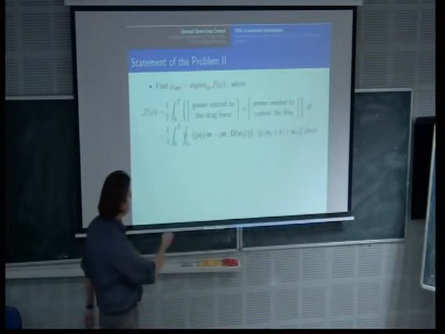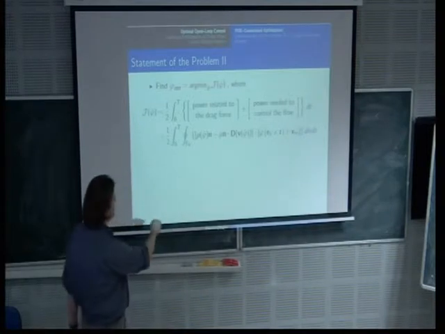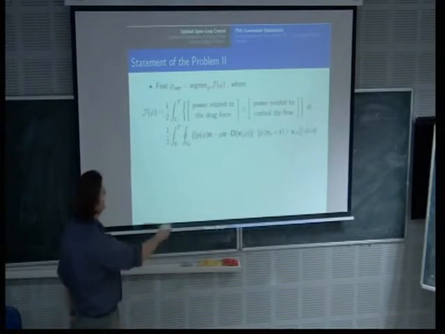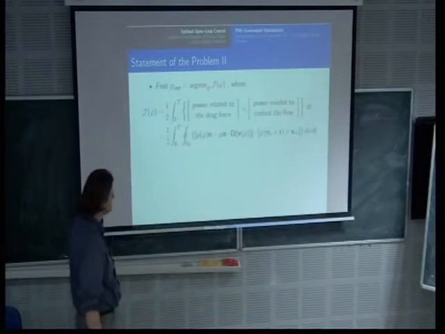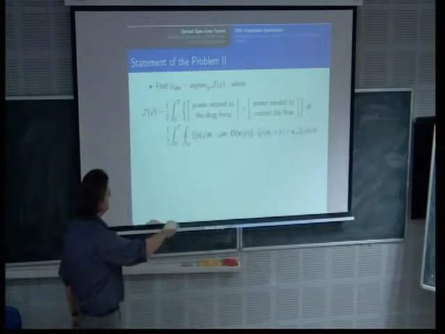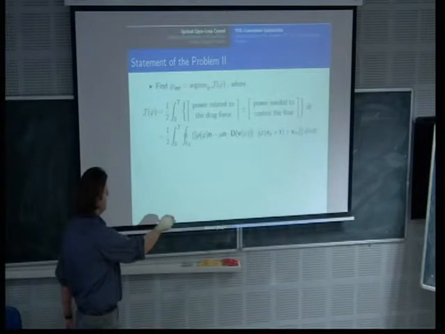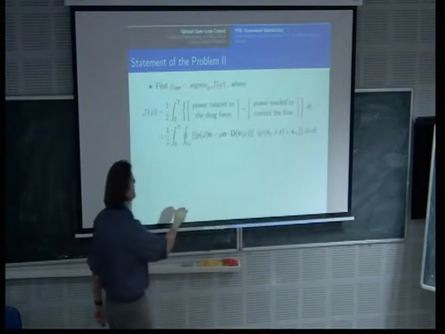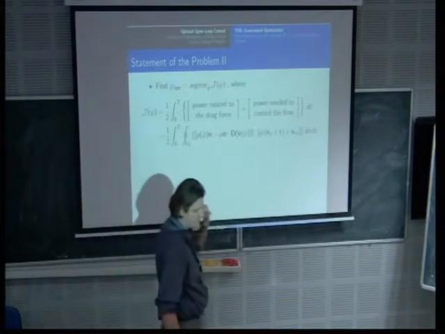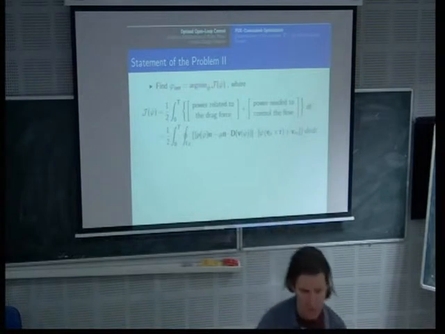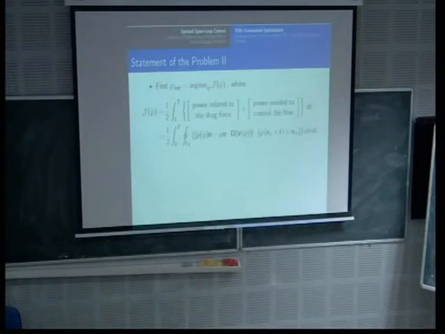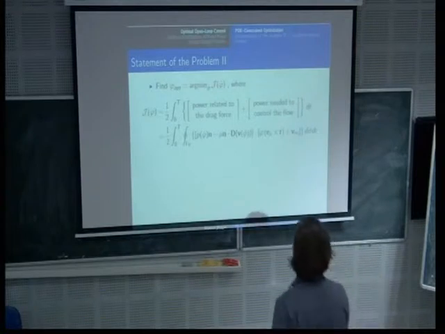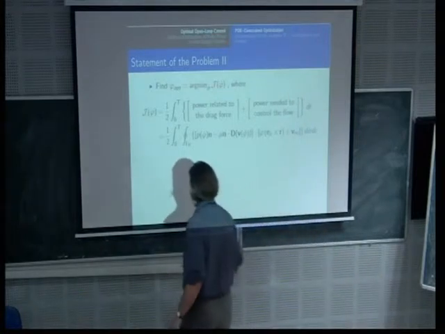Using well-known results from fluid mechanics, we can express this cost functional in the following way, where this term represents the force, this gives us the torque, and this gives us the drag. This is pressure. This is the normal vector. This is viscosity. D of v is the symmetric part of the velocity gradient tensor. When we compute drag, then force, that's how this is done.